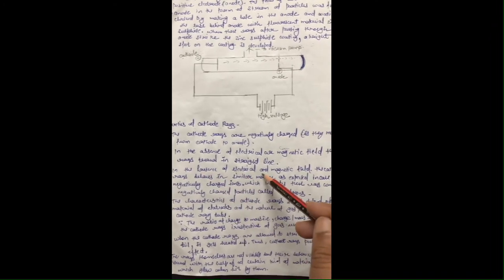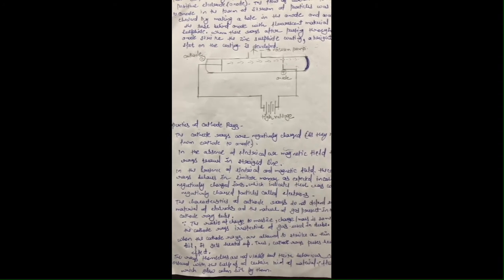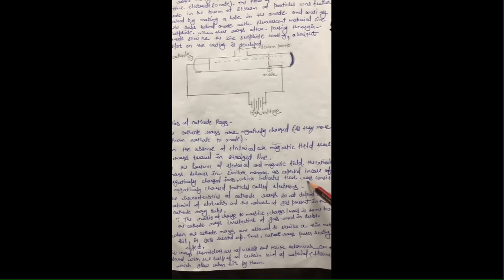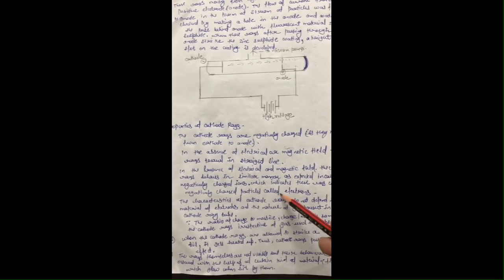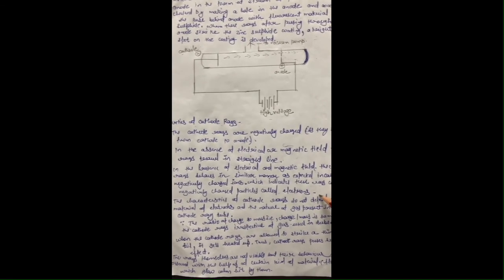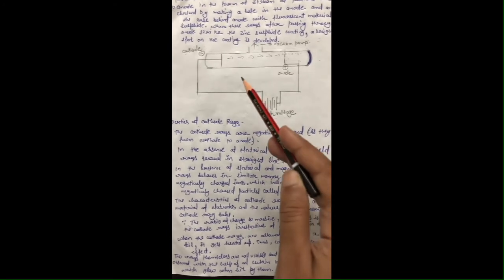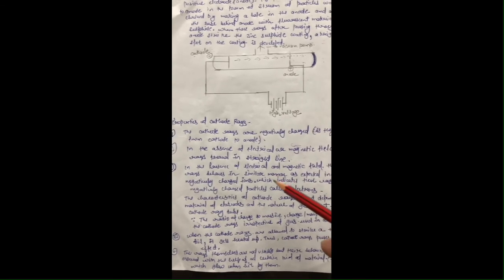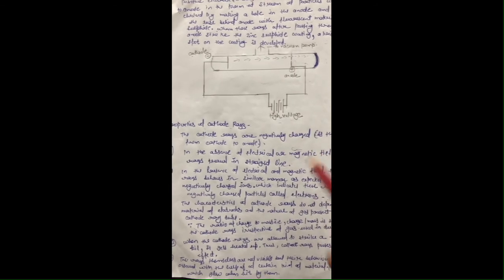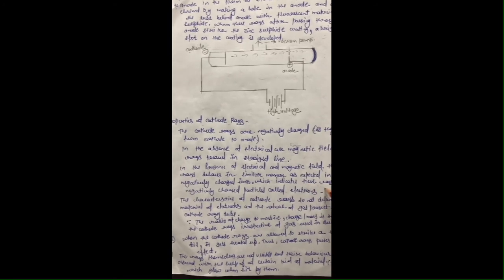So we can say that in the absence of electric and magnetic fields, the rays travel in a straight line. In the presence of electric and magnetic fields, the cathode rays behave in a similar manner as expected in the case of negatively charged ions, which indicates that these rays consist of negatively charged particles called electrons. Clear? Because the behavior of these rays is similar to electrons, as a negative charge can move towards a positive charge in a similar manner. If these rays are moving from the negative to the positive terminal, it indicates that they have negatively charged particles, that is, electrons.